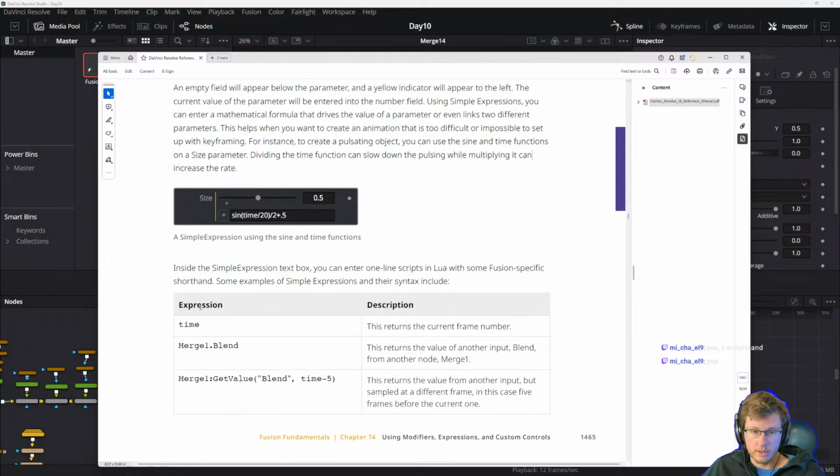Ooh. So inside the simple expression text box, you can enter one-line scripts in Lua with some Fusion-specific shorthand, and then some examples of simple expressions and their syntax include. Okay, so